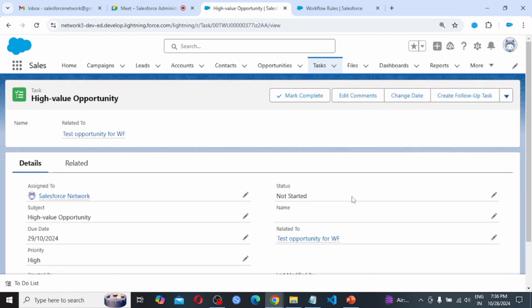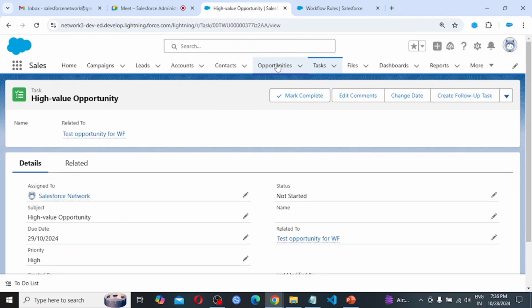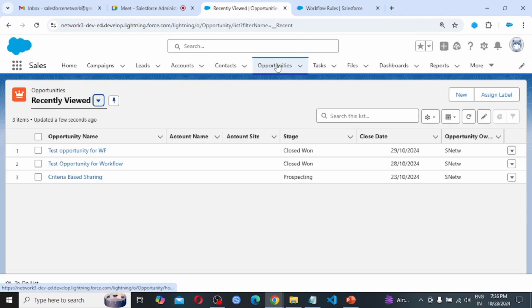So like this we are dealing with workflow. Also if we need, we can go and add some more workflow actions. So if the rule criteria is meeting, it is going to perform the action. Also let's cross verify if the criteria is not meeting.